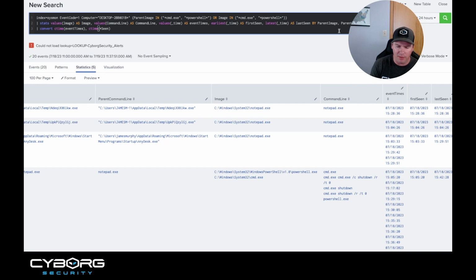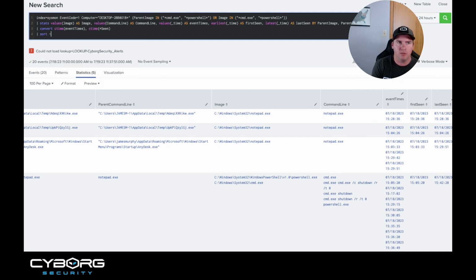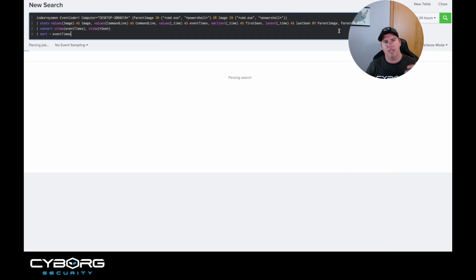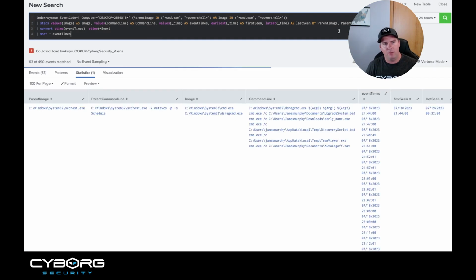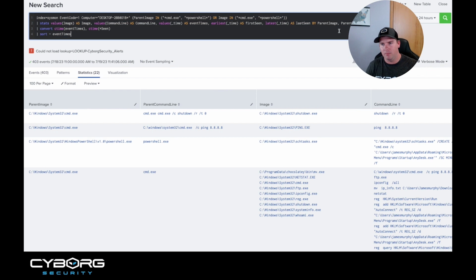I'm going to add one thing here. I'm going to say sort event times. All that's going to do is take the earliest up top and put the latest, or I guess most recent, on the bottom. All right, so we have some more activity. We see command.exe issuing the shutdown command, which is strange because we see command.exe